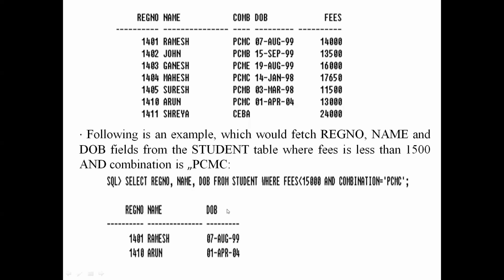So in this example, if you observe our original table here, how many students are there with the PCMC combination? 3 are there: Ramesh, Mahesh, and Arun. Then check their fees also. One student's fees is 14,000, the second student's fees is 17,650, the third student's fees is 13,000. Then check our query. What is given in the query? The fees of the student must be less than 15,000 and the combination should be PCMC. Only such records can be displayed by using this statement, which we are showing in the output. 1401 Ramesh is there,